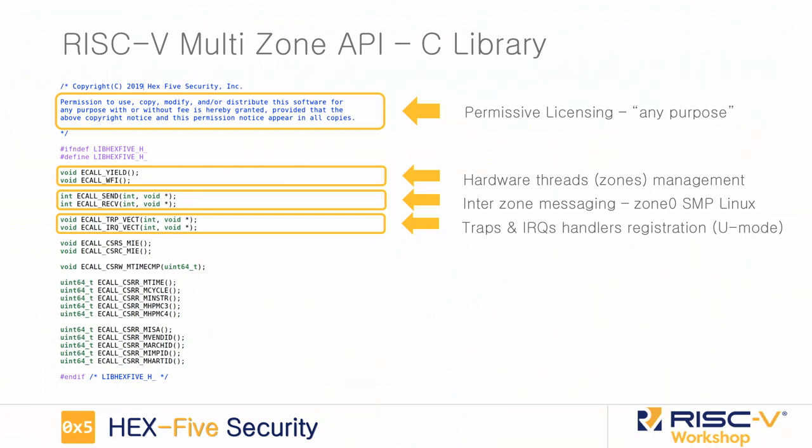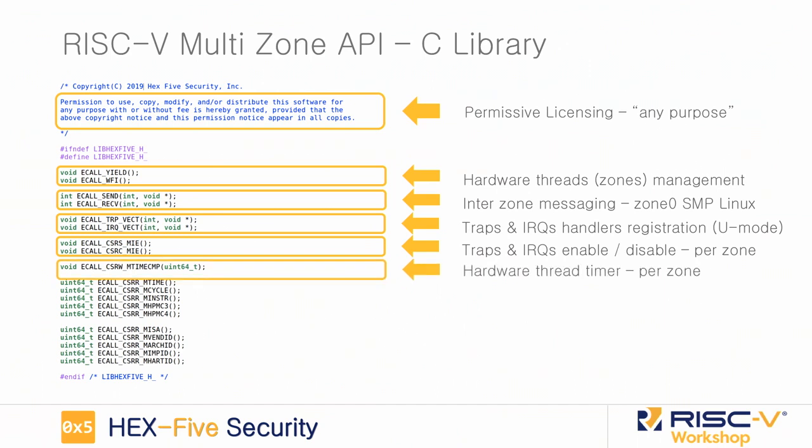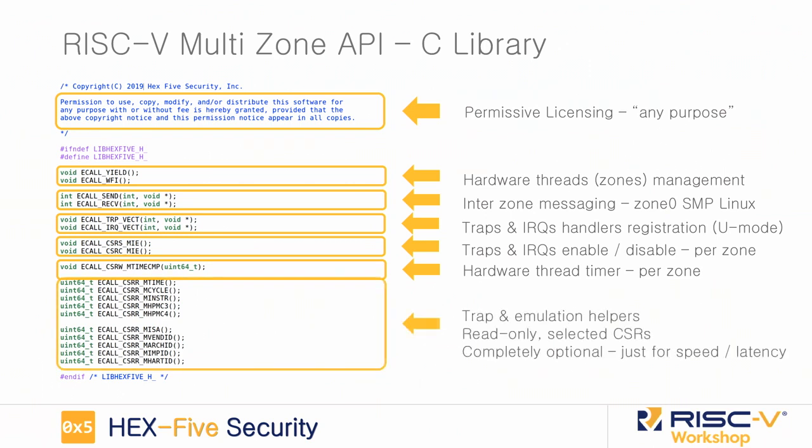So here is this little bit of difference between traps and interrupts. In a sense, one is synchronous, one is asynchronous. Interrupts are mapped for each zone, but every zone gets a full set of traps. We don't have time to go into all of these details. This is how you enable and disable interrupts. No big surprise. That's the way you would do it anyway with assembly. This is a soft timer, and this is a whole bunch of privileged mode instructions. If you try to run them in U mode, you will just get an exception. In this case, they just magically work because they trap to emulation.